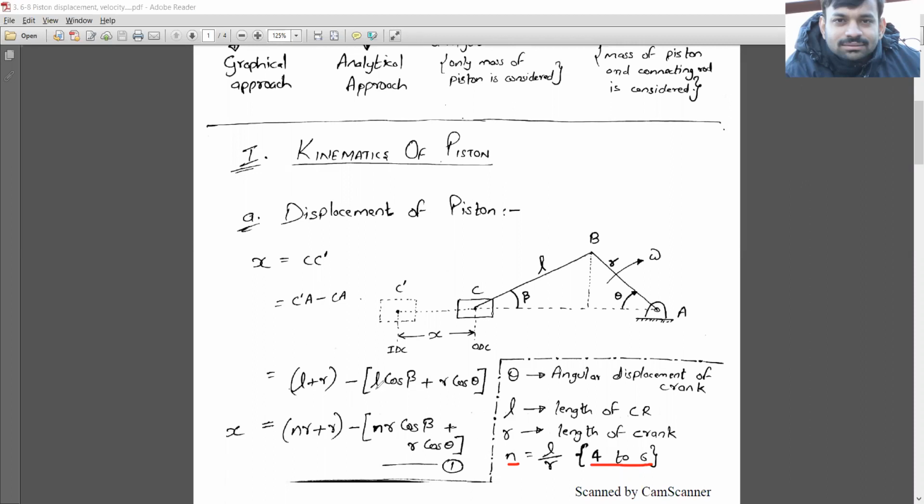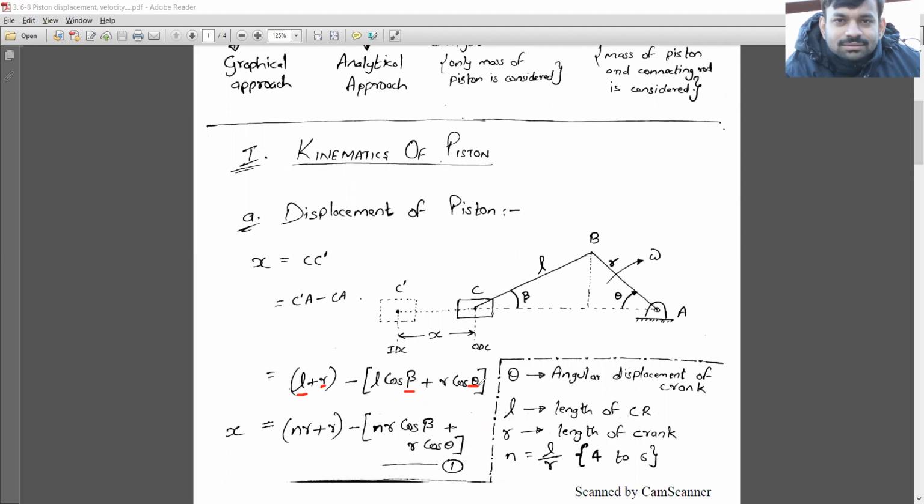So we have substituted L. Okay, why are we doing this? Over here you can see this equation. This equation has 4 variables: L, R, beta, and theta. Okay, there are 4 variables. We always try to reduce the number of variables in order to do measurements and calculations in a better way.